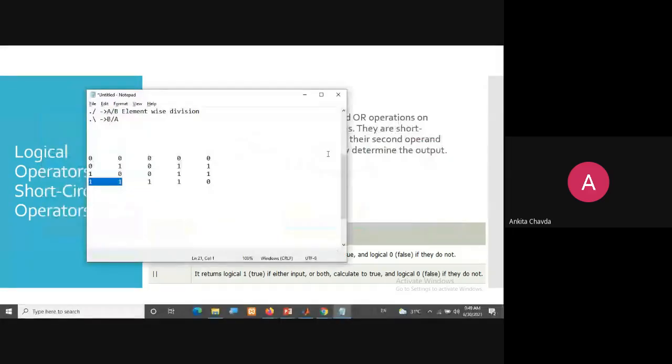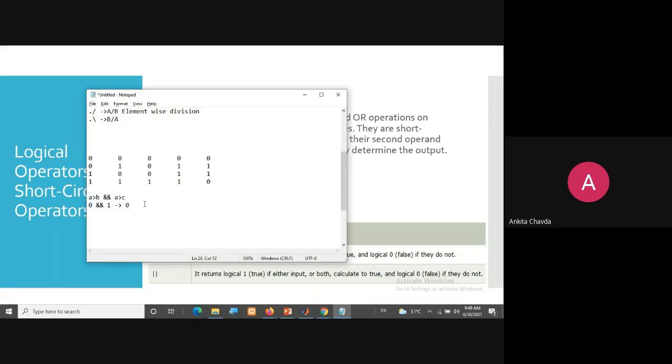So what it will do, suppose I am having A greater than B and then A greater than C. If the first one is false, then it will not check the second one. Why? Because if it is 0 and then 1, then also it will finally be 0. So if the first one is false, then it will not go for the second one.